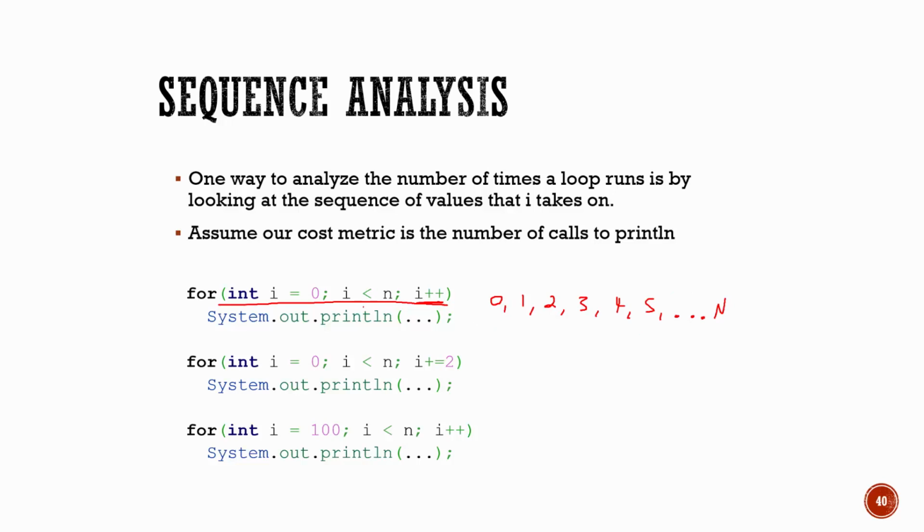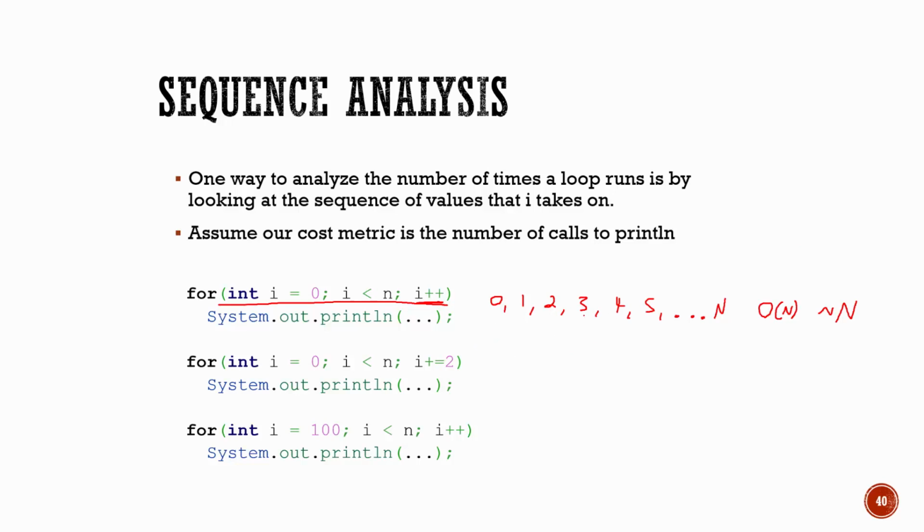Now, for each of these, println is going to basically go off once. So this is actually telling me a little bit about how many times this loop runs. So this loop runs n times. And I can see that from the sequence here: I'm counting up, going from 0 to n times. So this is the simplest thing I could have. If I have a bit of code like this, this becomes big O of n. Okay, so not too surprising there. But I can say that it's basically tilde of n as well. Okay, hopefully that's clear. That's kind of our simplest case.